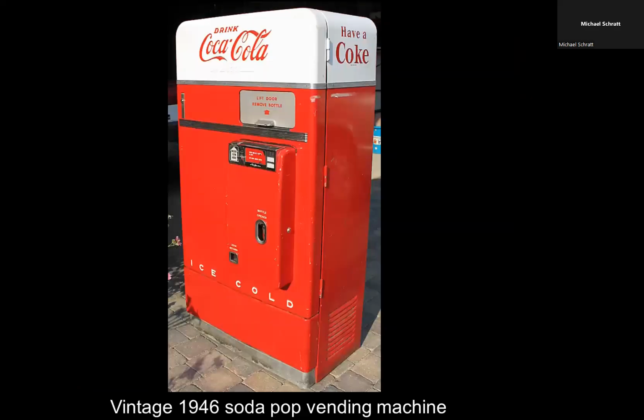Let's move forward here. This has to do with a young boy who was 6 years old. His father worked at Wright-Patterson Air Force Base. One day his father brought the 6-year-old son to the base, and they go inside one of these hangars, and connected to this hangar facility is an adjoining cafeteria separated by a door. And so he brings his 6-year-old son into this cafeteria area. There's a janitor standing next to this vintage 1946 soda pop vending machine that you see here. He turns to the 6-year-old boy and says, "Son, would you like a soda pop?" And he said, "Yes, I would like one."